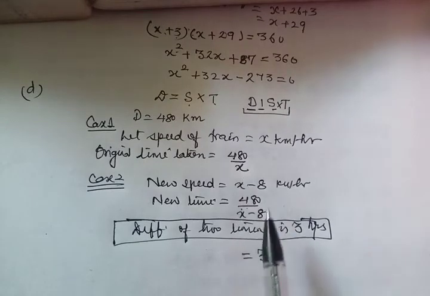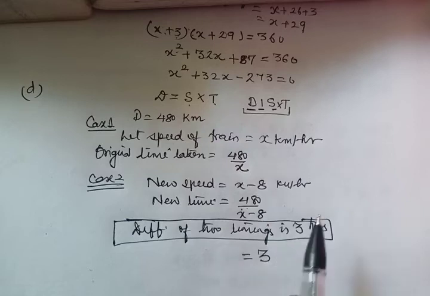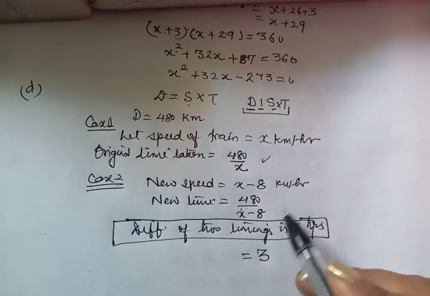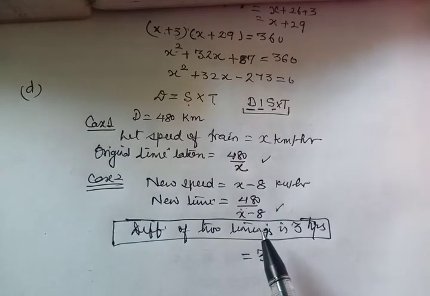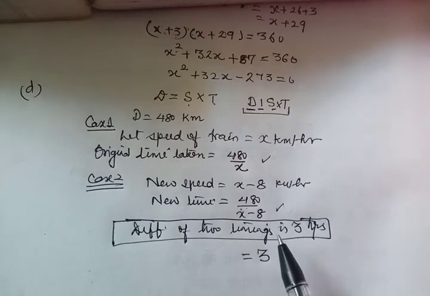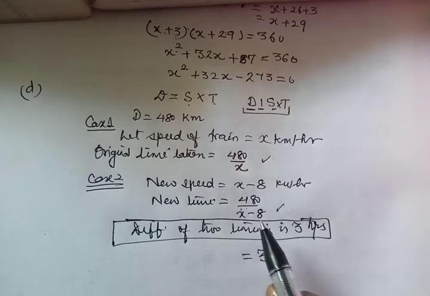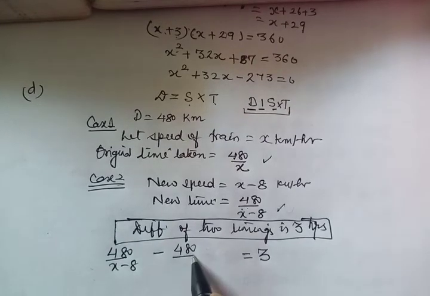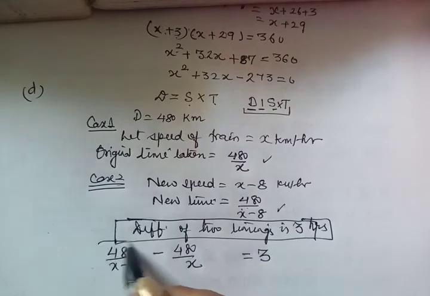अब यहाँ के लिए आपको मैं एक ट्रिक बताती हूँ, एक टिप बताती हूँ which is useful for every question. See, one thing is understood, बड़े में से छोटा माइनस होगा, ठीक है. अब इन दोनों में से बड़ा कौन सा है? तो जिसका डिनोमिनेटर छोटा होता है वो नंबर बड़ा होता है if numerator is same. वैसे आप कॉमन सेंस भी लगा सकते हो, जिसमें स्पीड कम है ऑब्वियसली उसमें टाइम ज़्यादा लगेगा, right. So obviously it is going to be 480 upon x minus 8 minus 480 upon x is equal to 3. ये हमारी बन गई इक्वेशन.